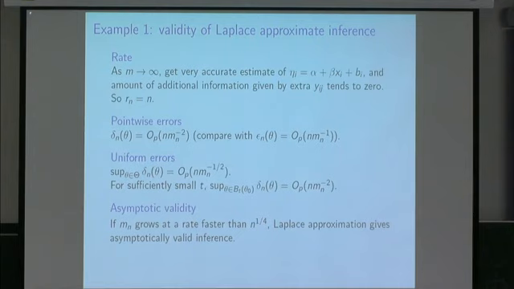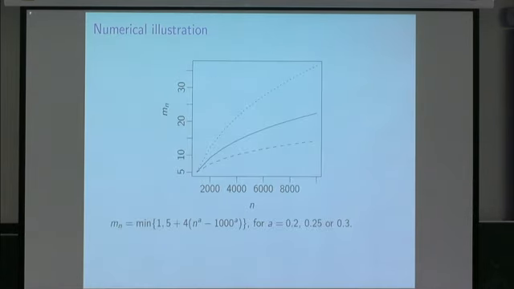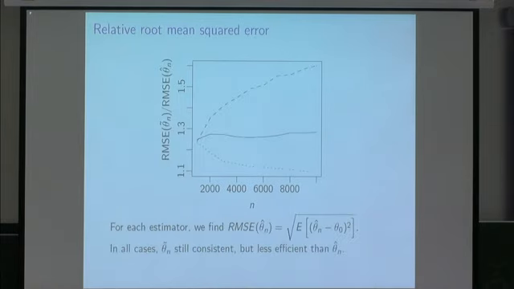Just to check this, it doesn't say the opposite, right? It doesn't say that if the number of observations per latent variable grows slower than that, then you won't get valid inference. To check whether that seemed to be the case, I did a simulation study where I let the number of observations per latent variable grow at three different rates. The middle solid line there is the n to the quarter rate. The line above is n to the 0.3, and the one below is n to the 0.2 growth rate.